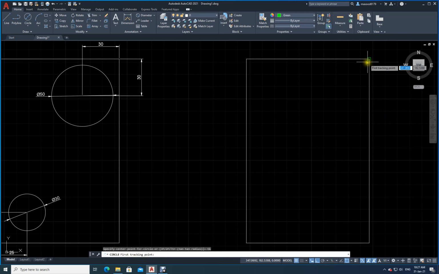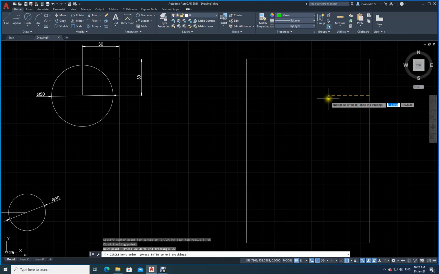What I will do, I will just go and select this end point. Click on the end point. Now see, when I am moving down, you can see there is a dashed line coming. Okay, and something is highlighted there. So what I will do, I will type how much? 30. I will type 30, enter. Now it is asking me next point, next tracking point.